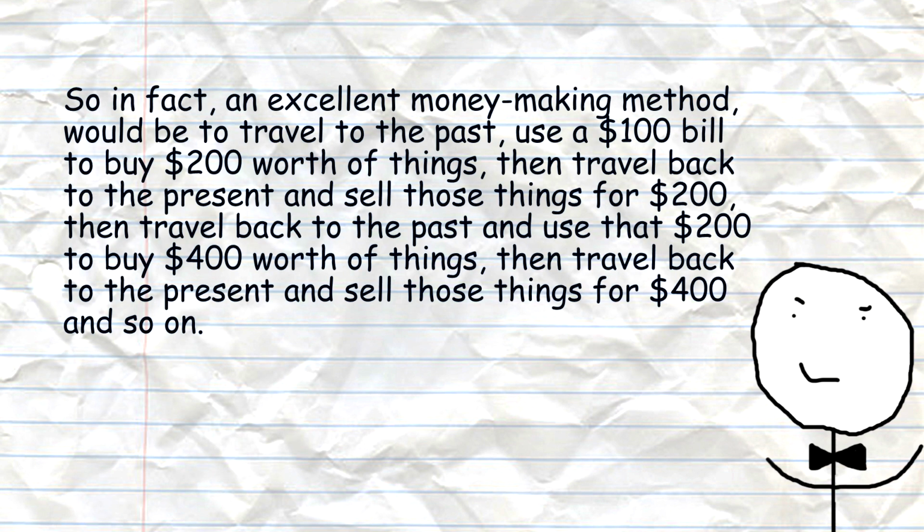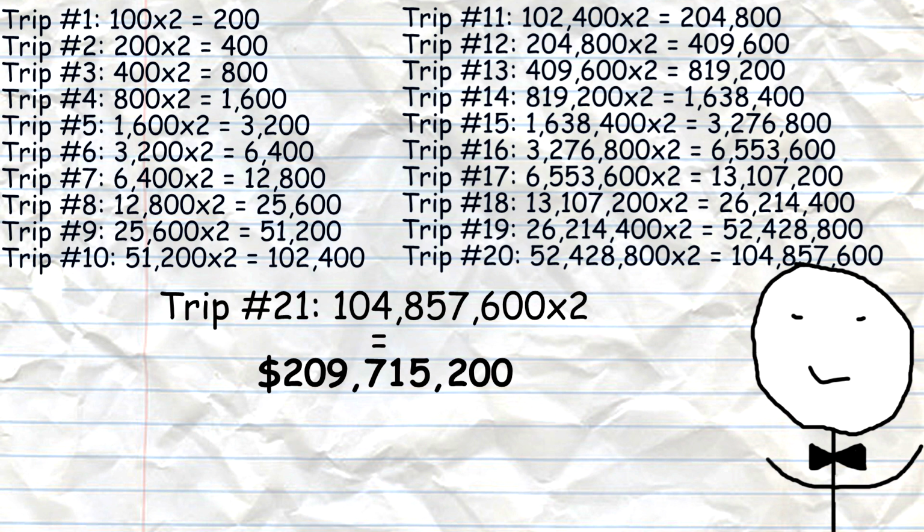So, in fact, an excellent money-making method would be to travel to the past, use a $100 bill to buy $200 worth of things, then travel back to the present and sell those things for $200, then travel back to the past and use that $200 to buy $400 worth of things, then travel back to the present and sell those things for $400, and so on. Due to a concept called compound interest, if you start with $100, after 21 time travel trips using this technique,